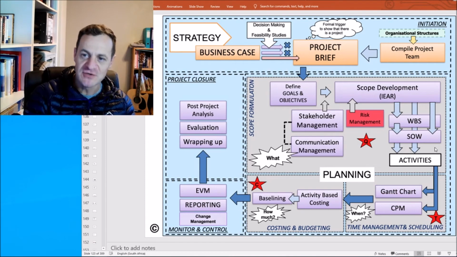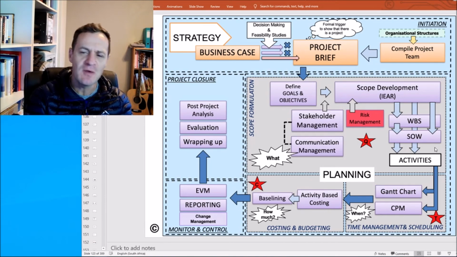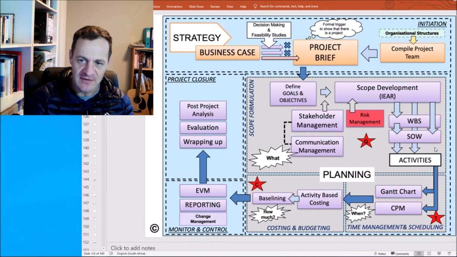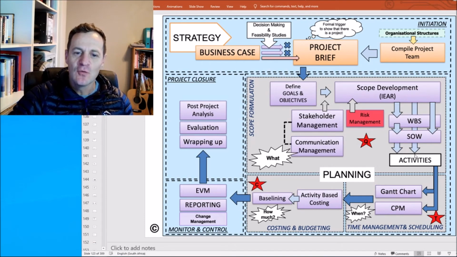Between the project manager and the project sponsor or client, to say this is going to be included in the project. Remember, that's not the project plan, it's just the scope. It's just something that we fix. Then you say, out of all of this, I'm coming out on the other side with activities